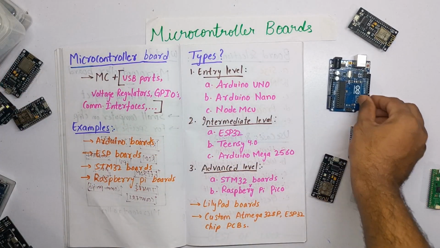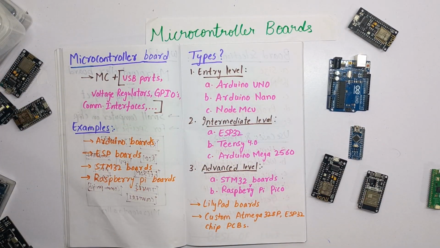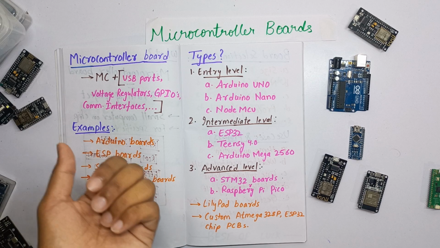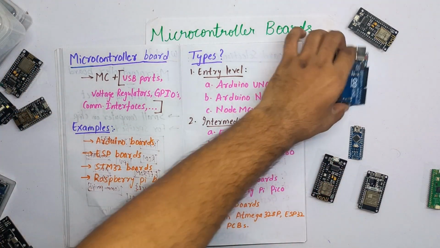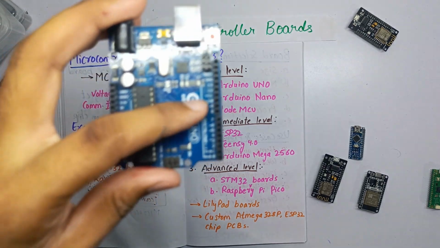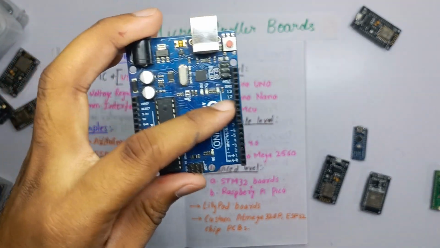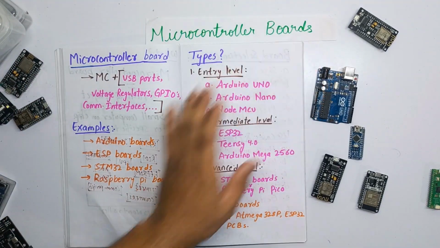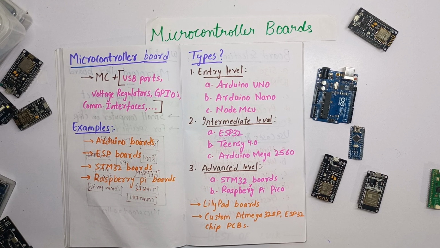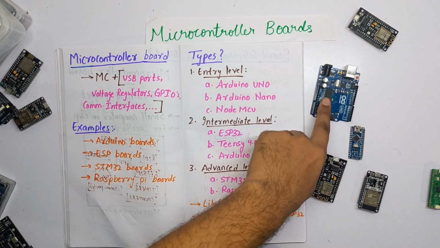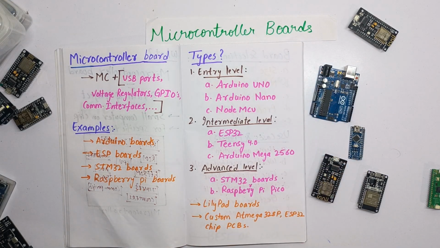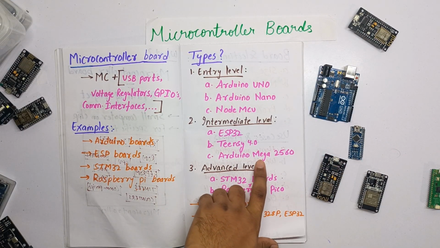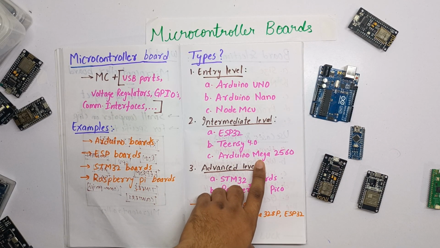Whenever you need to control some sensors, some actuators, or you need to connect some sensors, at that time you will need to connect to these pins. Whereas if you have so many sensors to be connected to your microcontroller board, you cannot go for Arduino Uno because of the fewer number of pins. At that time you might choose Arduino Mega, which has so many pins to offer and you can connect so many devices.